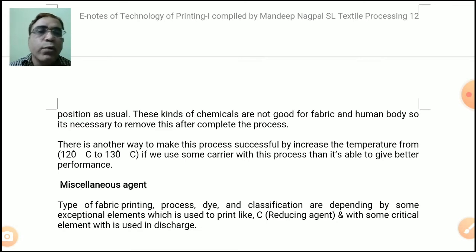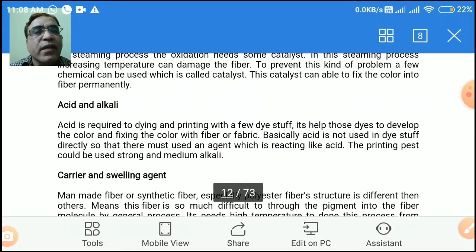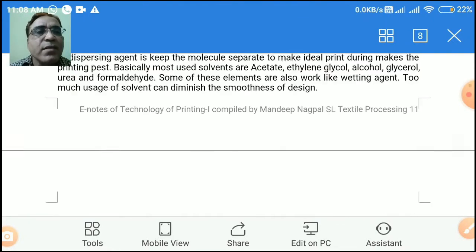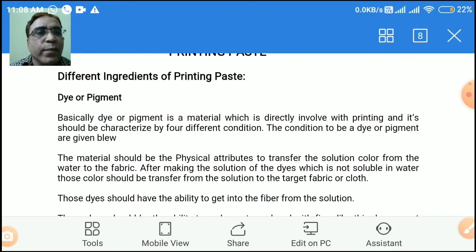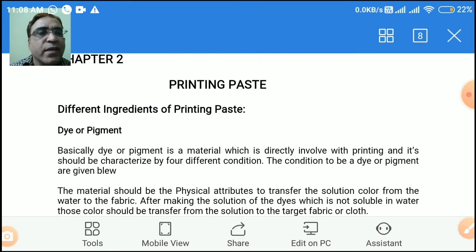So in today's discussion, we have discussed the various ingredients of the printing paste and their purpose. One by one we'll be revising that. One of the major ingredients is the